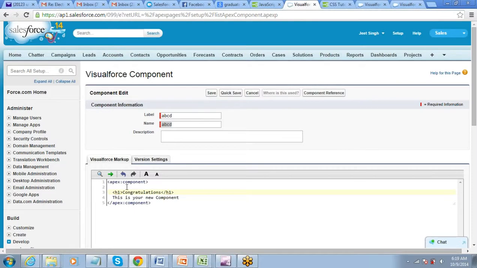Got that thing? So hello, this is my new component. So I've created the component, save it.